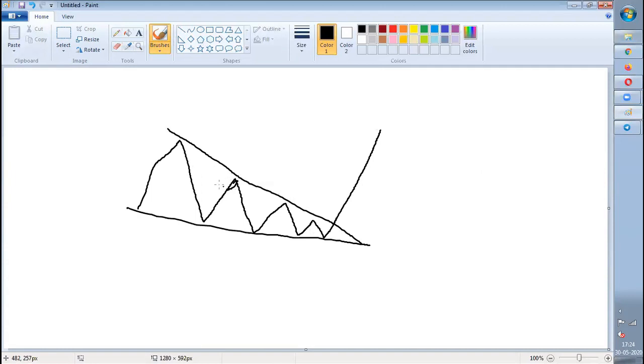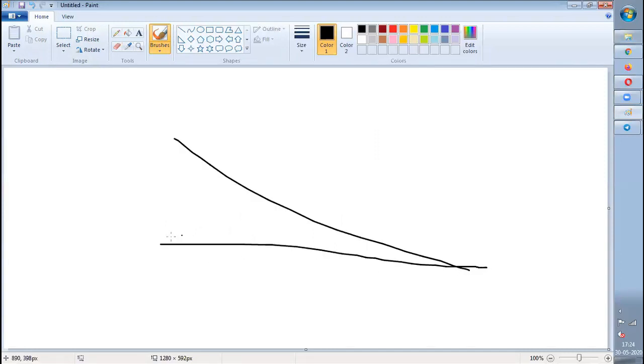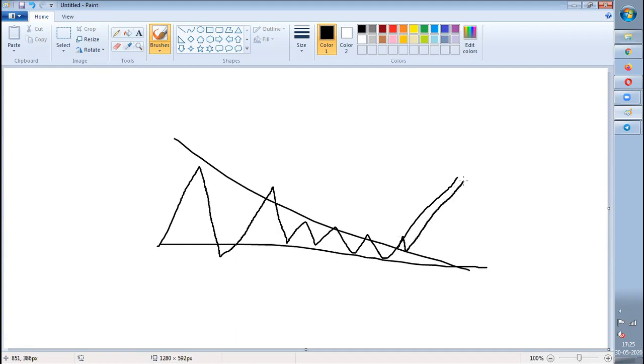One more hint: a lot of times it can trap you. For example, the candles are coming like this. It can go down and then come back. It can go up and come back. It can happen, but you need to ensure you always take a trade after the breakout, retest, and then the shoot up.